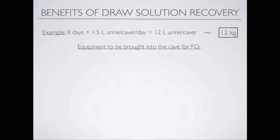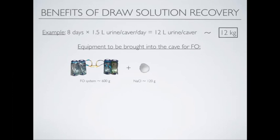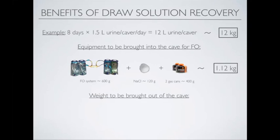So if every caver would need to use this equipment, we would have one set that would be 600 grams that would have to be brought into the cave. We would have sodium chloride, about 100 to 120 grams. And obviously we need a couple of more gas cans because of the evaporation, which is like a total volume or weight of 1.12 kilograms. And then the weight that would have to be brought out of the cave,